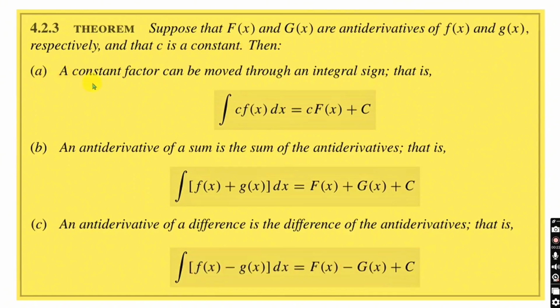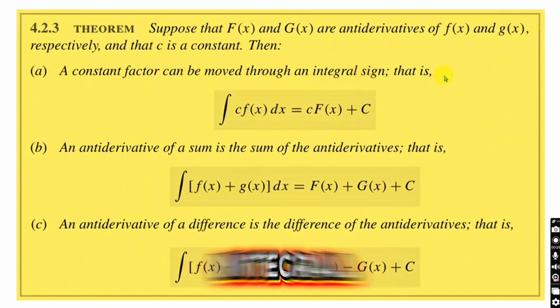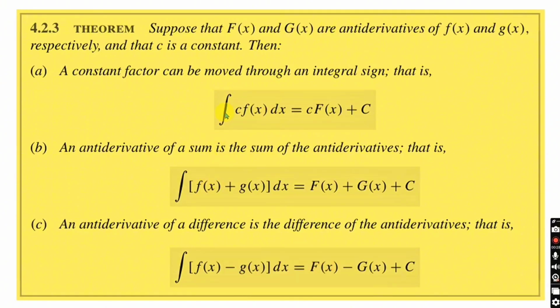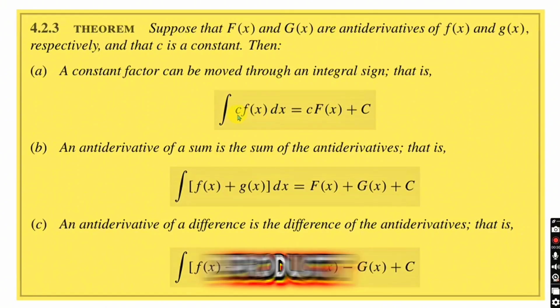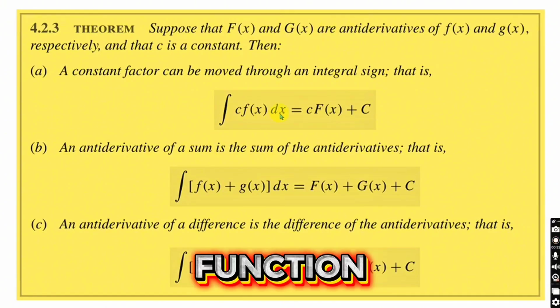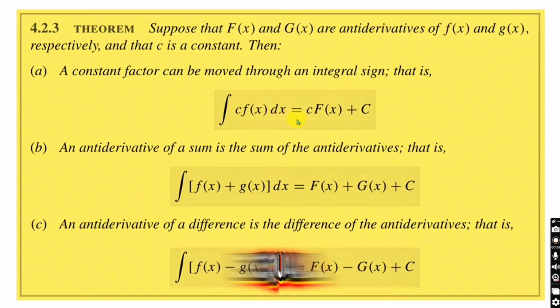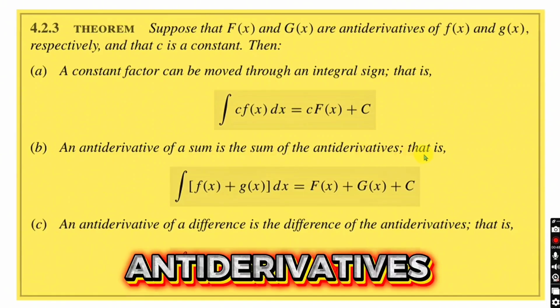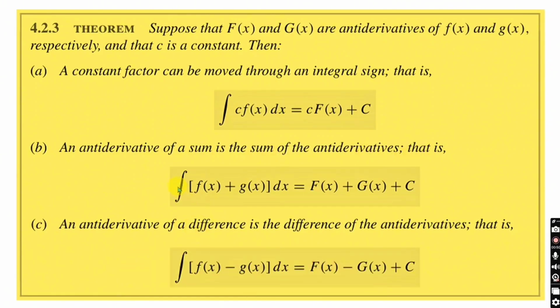Then first, a constant factor can be moved through an integral sign, that is, the integral of the product of c and the function with respect to x is equal to c times the first antiderivative, capital F of x, plus c. Second, an antiderivative of a sum is the sum of the antiderivatives, that is